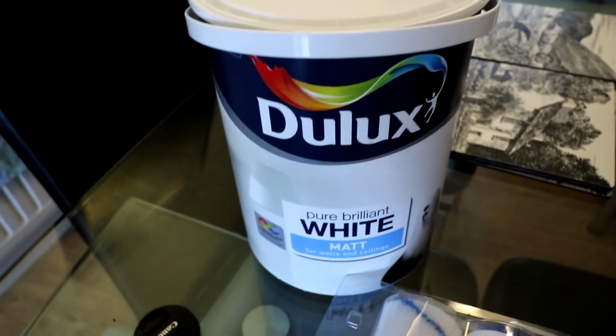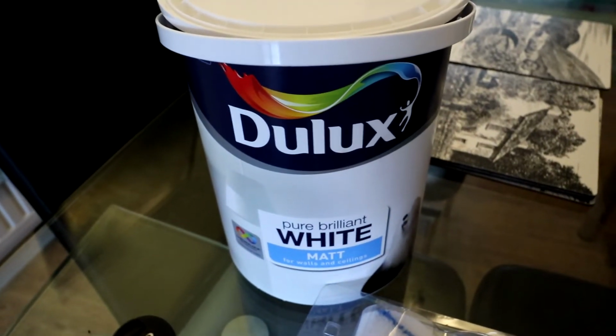To keep me busy, I'm actually painting my daughter's room. Now we're not doing anything crazy. I'll show you what I've got. So we're just painting it white. I mean, it's white anyway, and it needs a touch up. We've been here 4 years and we haven't done any decorating or repainting or anything like that. So it just needs to go over, and then what I'm going to be doing